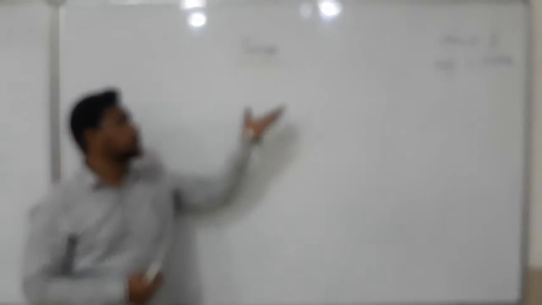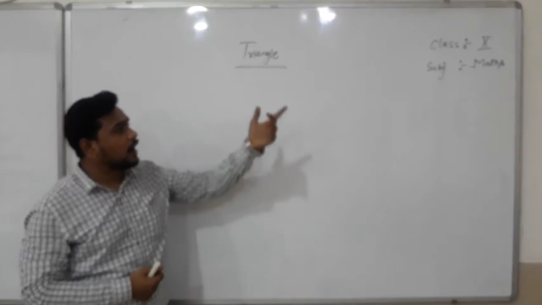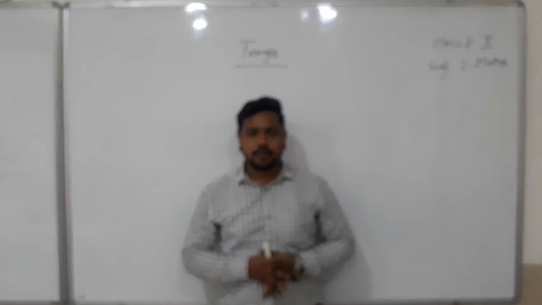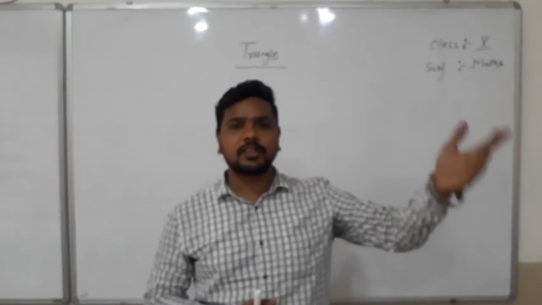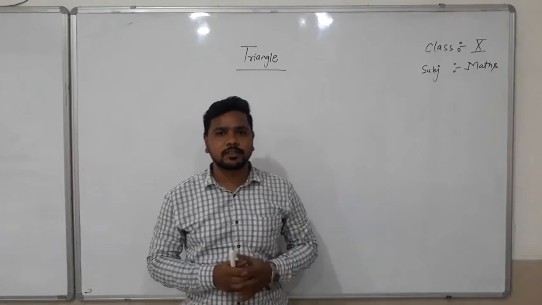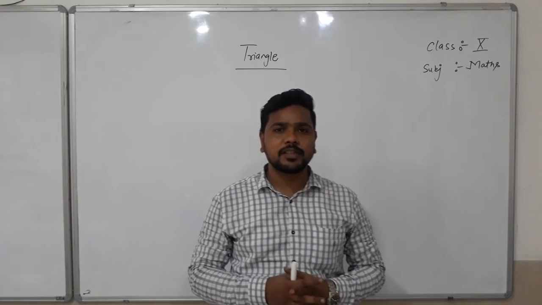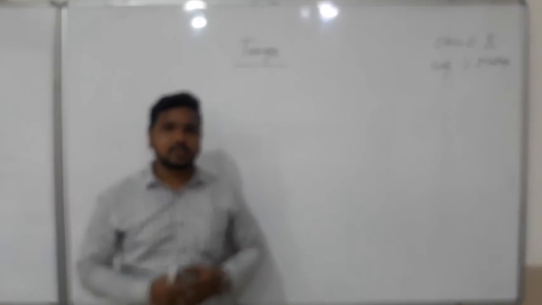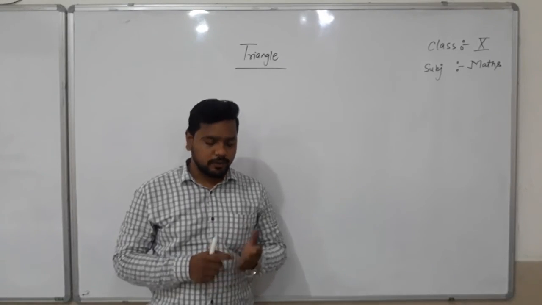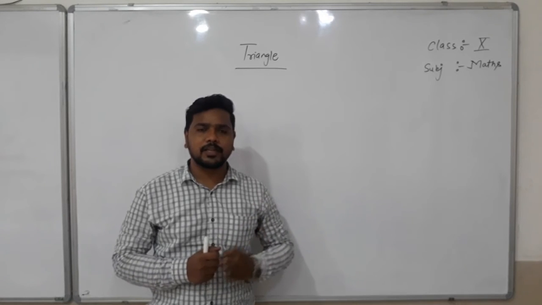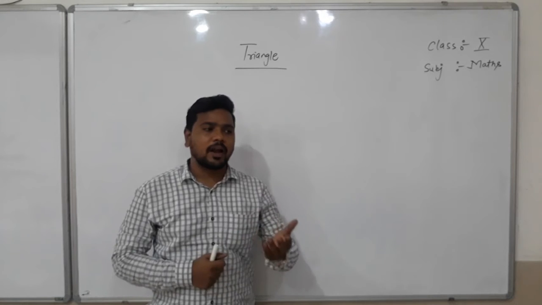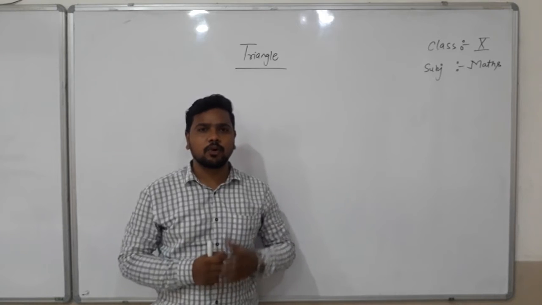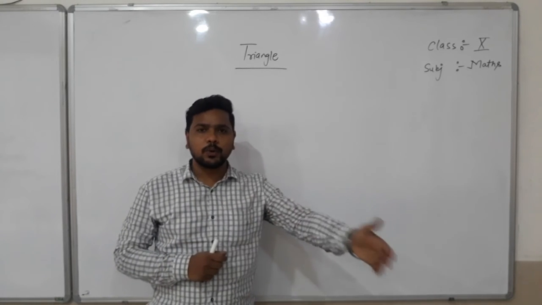And today we are starting the chapter Triangles of class 10th, and we are starting with similarity. First of all, students, I want to discuss the previous year's triangle chapter. In the previous year you discussed congruency. In congruency, you studied SAS congruency, SSS congruency, RHS congruency, ASA congruency, and then AAS congruency. With the help of these congruencies, we make one triangle congruent to another triangle.